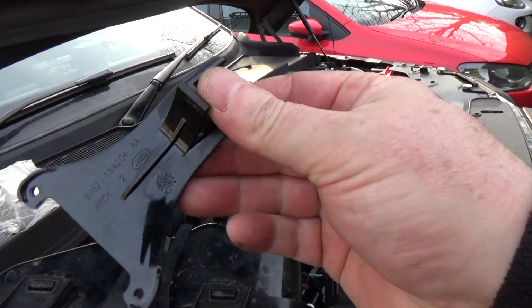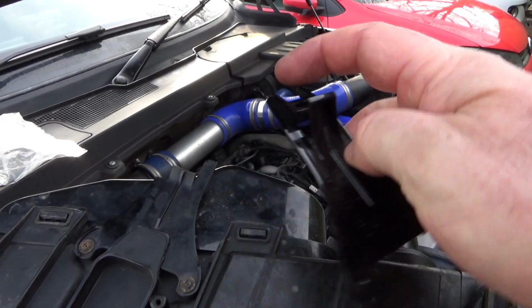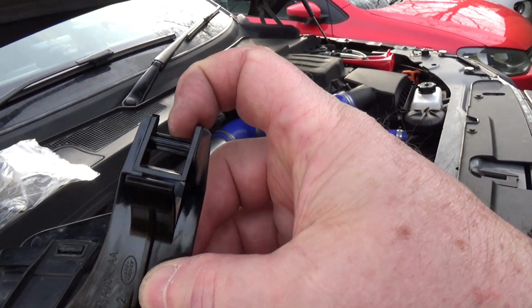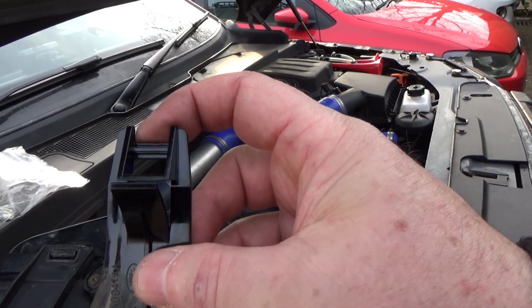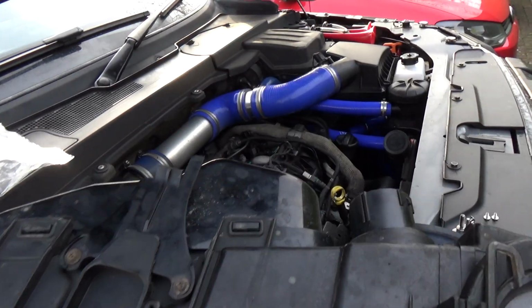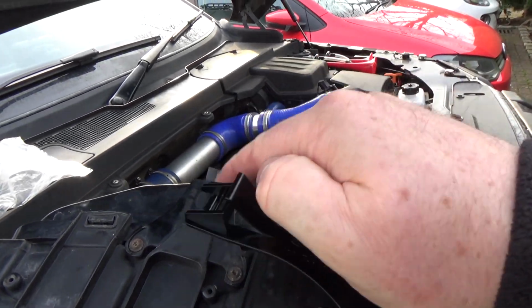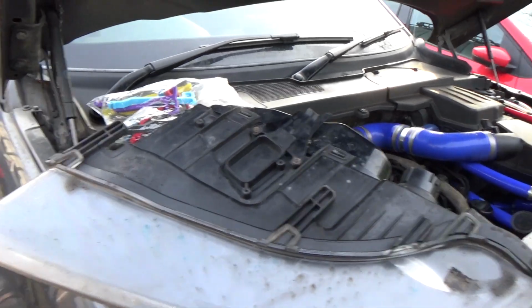Okay, so this is what the brand new one looks like, and it fits that way round. This one here, not only has it lost the sort of crossbar thing, it does look like a little Lego axle, that bit that the rod attaches to, but it's also lost this springy clip. So that clip remains there, and somewhere here I've got the rest of the clip that's broken off. So I'm going to replace this with the nice new one, and I will put the camera on the